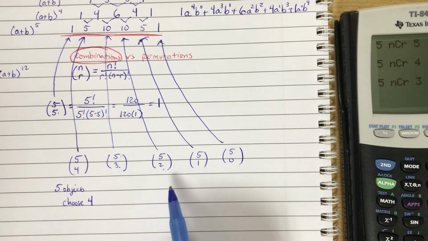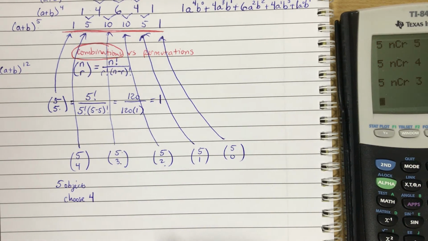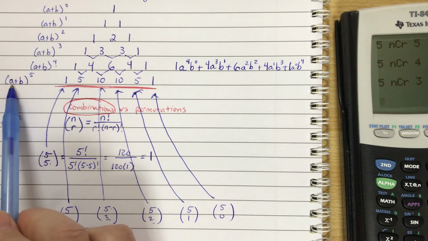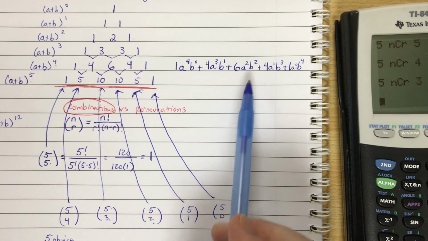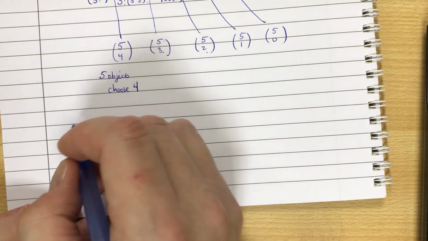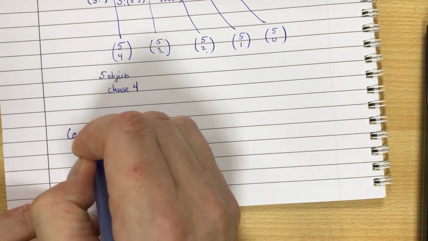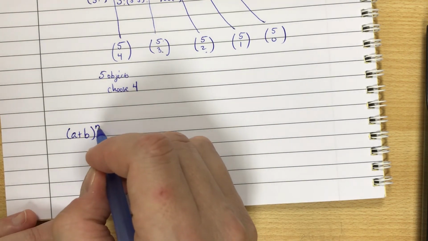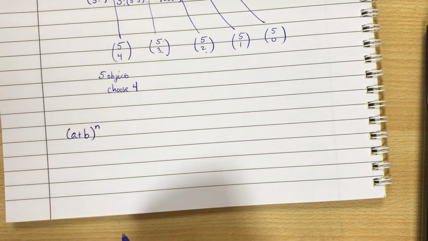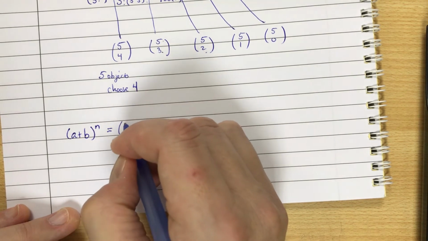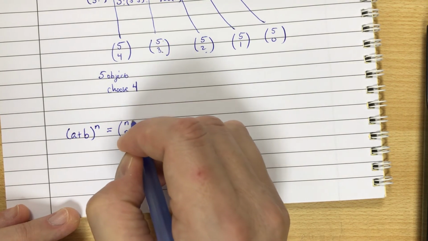Okay, so the really cool thing here is that we can expand binomials using this knowledge. Now, to generalize, if we wanted to do (a + b) raised to the nth power, n could be anything. It could be 20, it could be 35, it could be 11. The idea is that we'll start with n choose n,